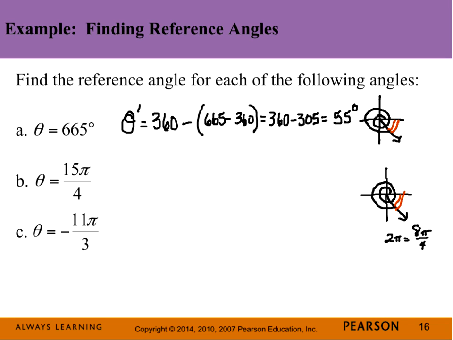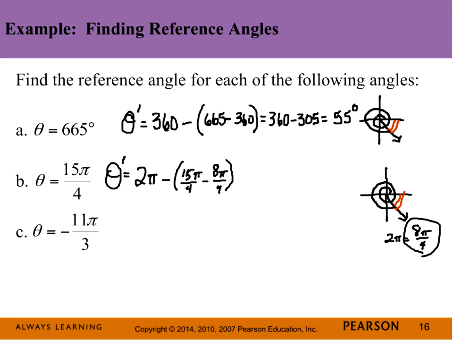And once again, we went a complete revolution around. So we're going to have to get that out of there before we can work with the angle. So theta prime is equal to 2 pi, that entire revolution minus, well, we've got to get the extra revolution out of our angle. So we started with 15 pi over 4, and I'm going to subtract that 2 pi, but I already know the 2 pi is 8 pi over 4. So I'm going to subtract out that 8 pi over 4, which was that complete revolution that I had before